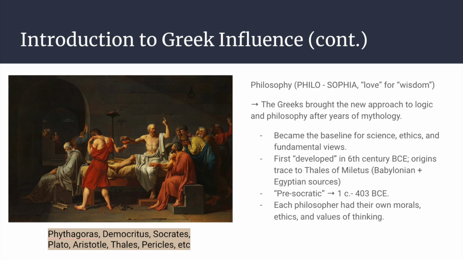The origins of Greek philosophy can be traced back to 6th century BCE with Thales of Miletus. He is considered one of the first Greek philosophers. Thales sought to understand the natural world using rational thinking and empirical observation. So he wanted to move away from the mythological explanations like the gods and goddesses. He and other Greek philosophers who thought similarly were called the pre-Socratics, and they questioned the fundamental nature of reality and wanted to discover the underlying principles of the universe.